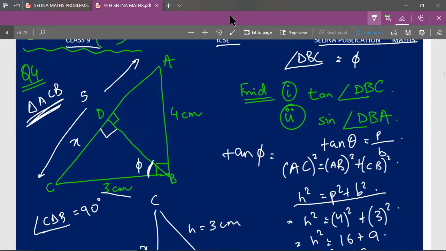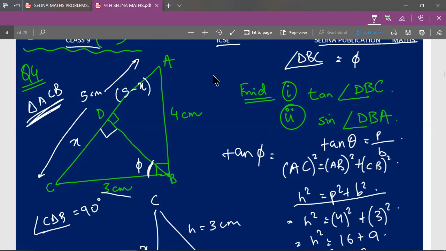So what have we achieved? What significance have we achieved in solving this hypotenuse? Earlier we had assumed that DC, that is our perpendicular, we had assumed as x. And then we had mentioned that we have to find the other part also. So the other part will be 5 minus x. If this is x, then 5 minus x will be the other part of the hypotenuse AC. Why did I do so?